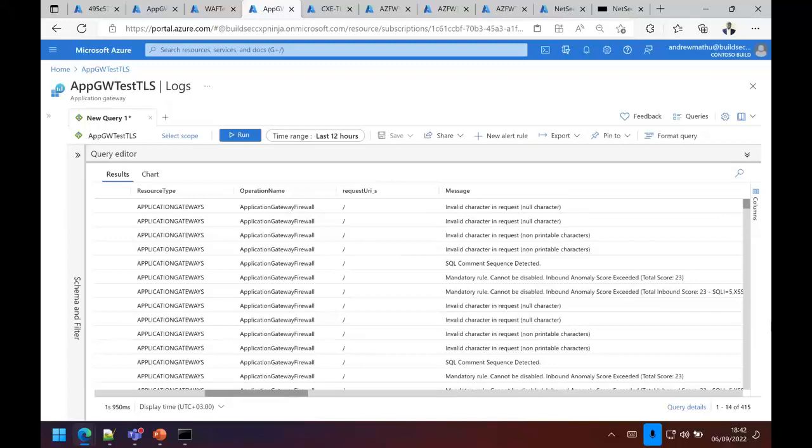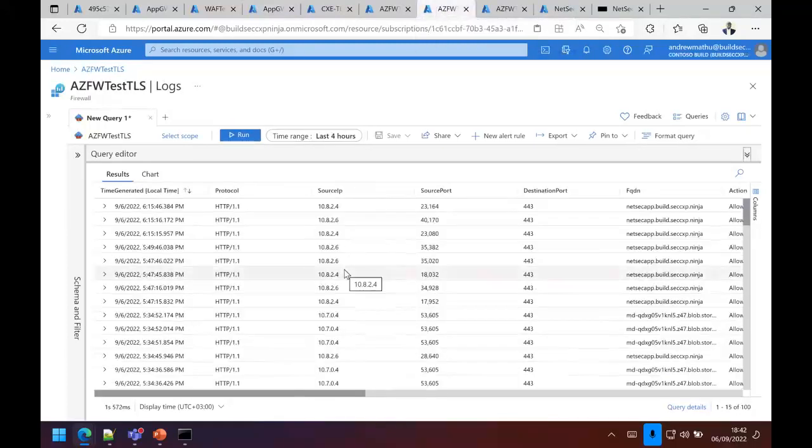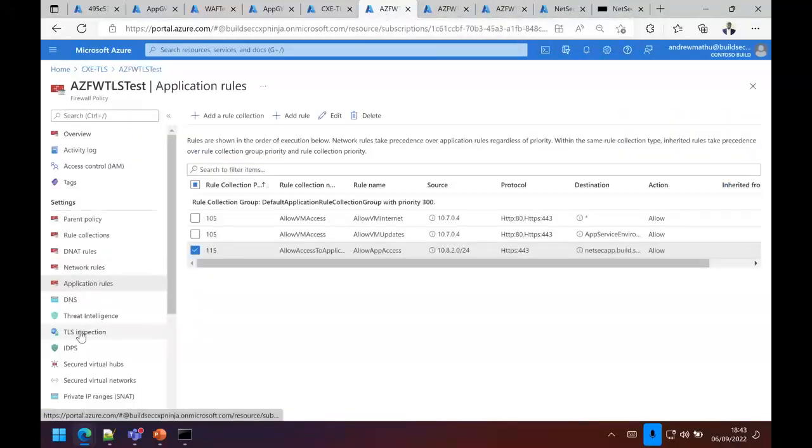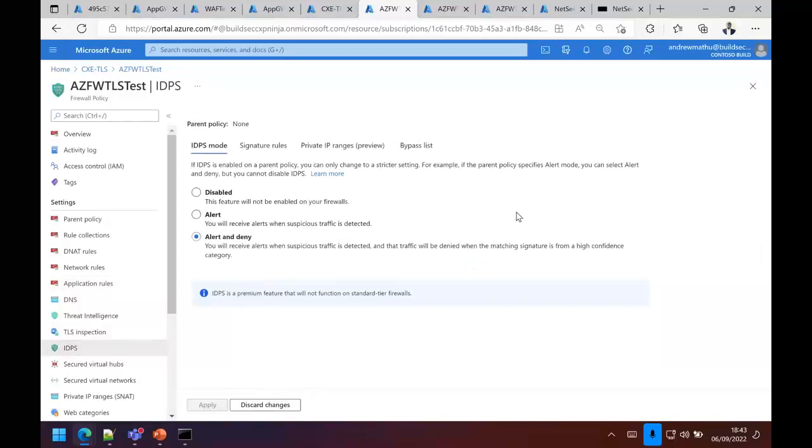So the second test I'm going to do, this is now on the firewall testing IDPS. So we have IDPS enabled here in alert and deny mode. And this test, we want to see IDPS decrypting the traffic that's coming in through the web application, HTTPS. Once it decrypts it, IDPS is going to set in and be able to block that traffic in real time. So how we do this is through